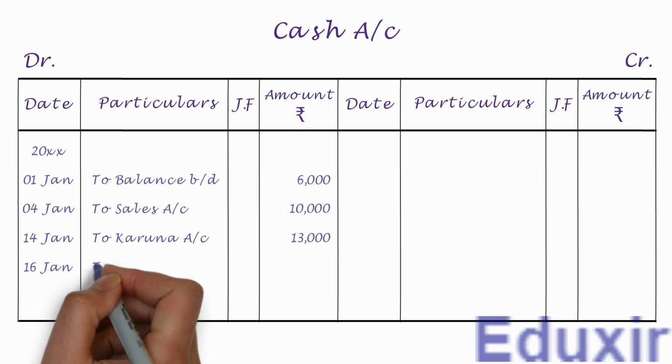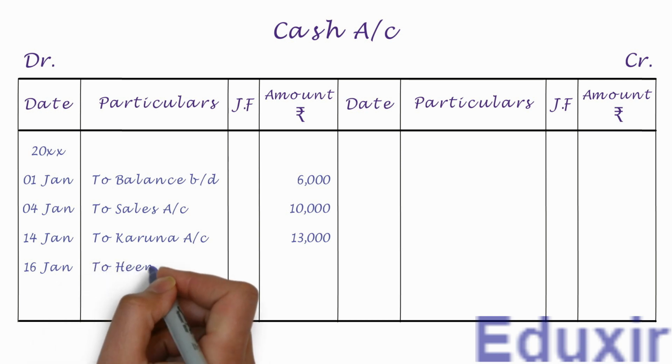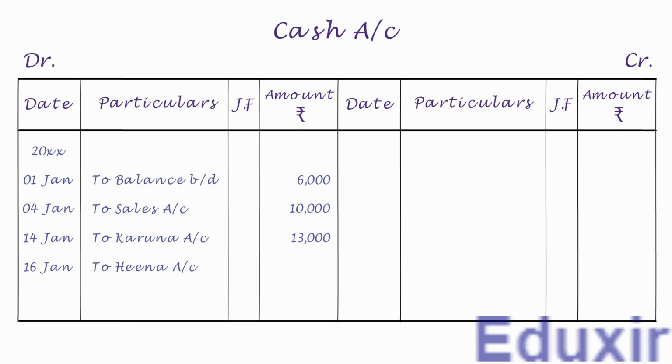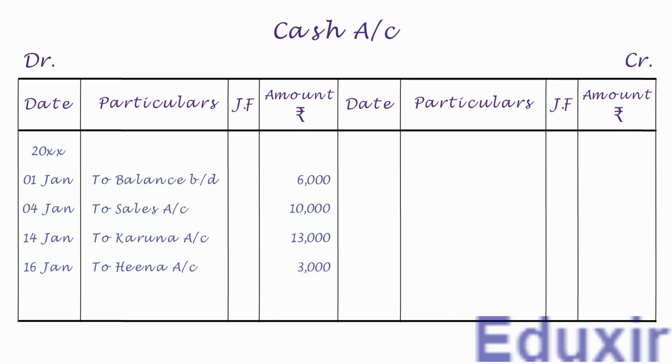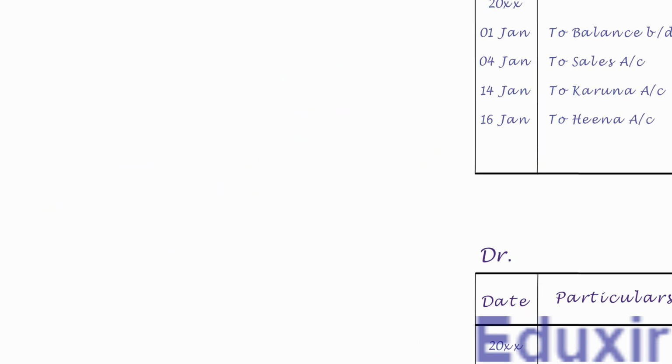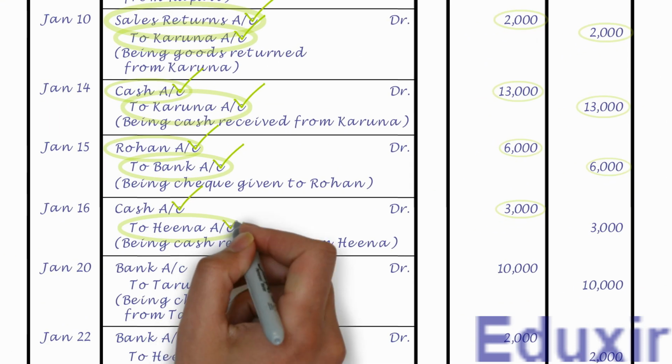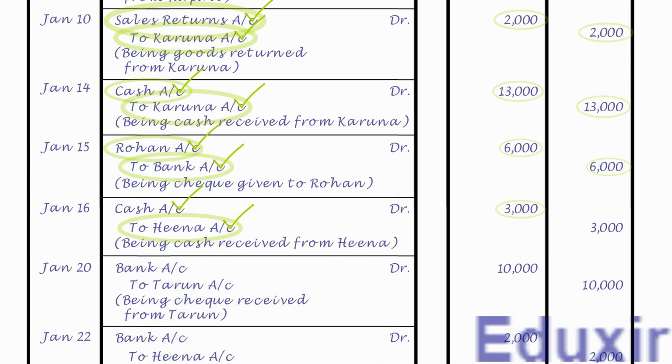We need to write to Hina account into the particulars column. Let us write the debit amount of 3,000 rupees into the amount column. With that, we have completed the posting of this journal entry into the cash account. Let us now take up the next entry. As the name suggests, it needs to be posted on the credit side of Hina account and the credit amount